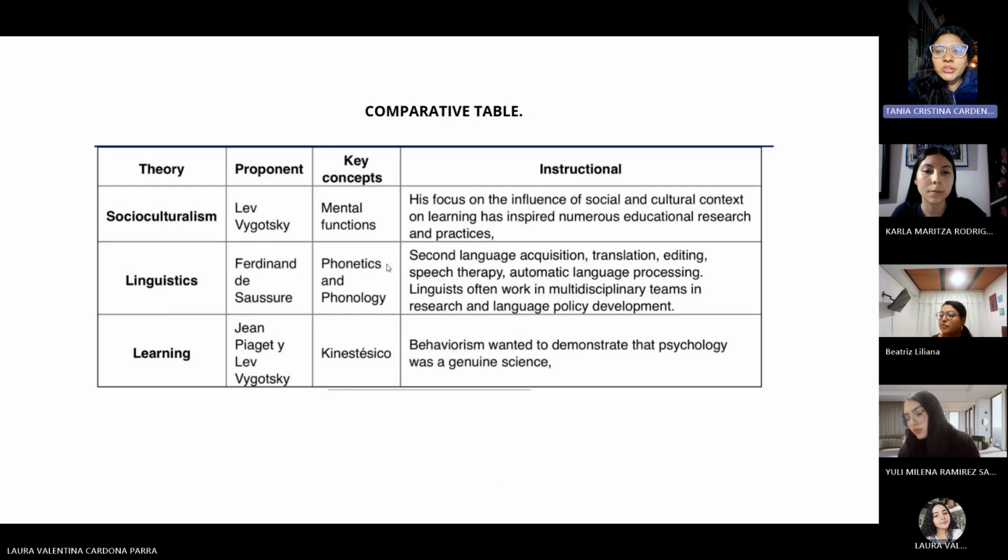His focus on the influences of social and cultural contexts on learning has inspired numerous educational research and practice. Second language acquisition, translation, hearing, speech therapy, automatic language processing. Linguists often work in multidisciplinary teams and research and language policy development. And three, behaviorism wanted to demonstrate that